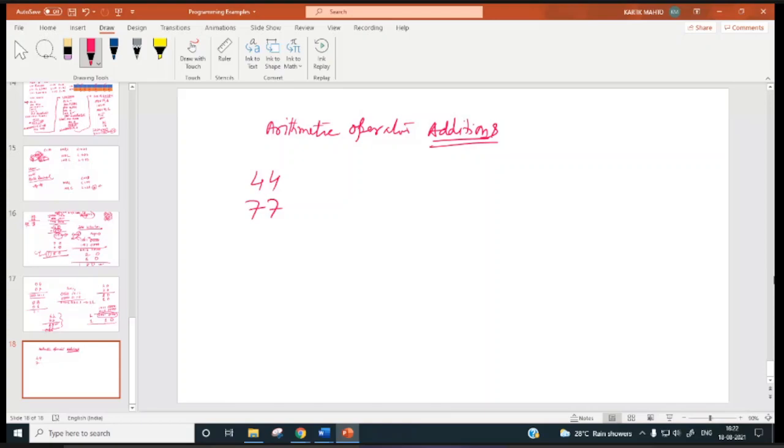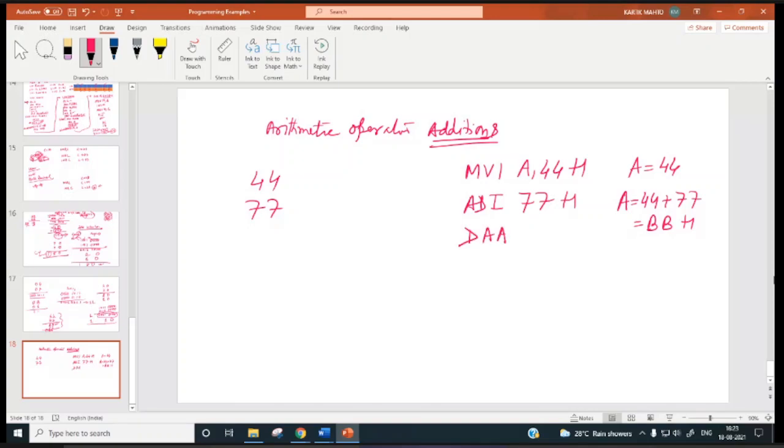So if I'm writing the commands now, MVI A, 44H, so A will be equal to 44. Move immediate. Now I am doing ADI, add immediate, 77H. So A equals 44 plus 77. So in this case A will be BBH. If you do DAA after this,